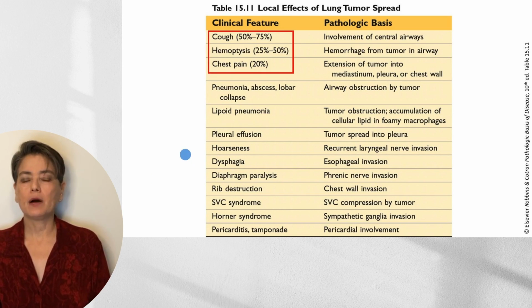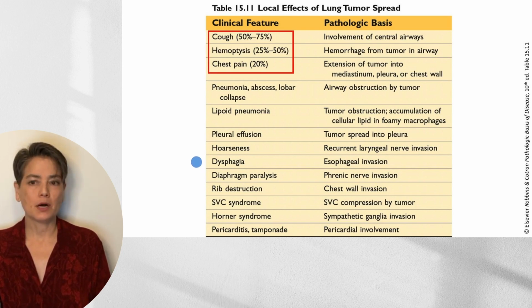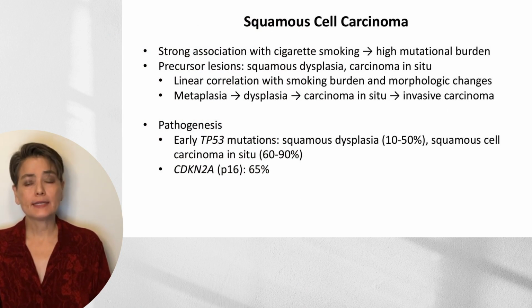Other things to keep in mind, we think about hoarseness and dysphagia as being associated with esophageal malignancies, but keep lung cancers in mind if you have a patient with these presenting symptoms. Superior vena cava syndrome, when we have a large tumor that compresses the superior vena cava, and I've already mentioned Horner syndrome. So with that in mind, let's go ahead and begin with our first entity, and that is squamous